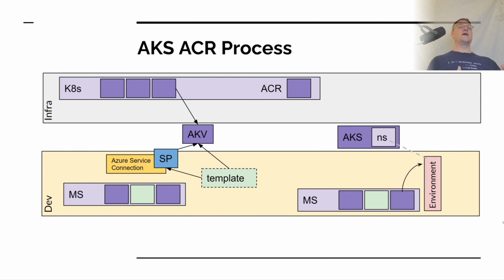So with the dev pipelines, the bottom half here, on the left-hand side, we'll see cases where my microservice will have a template step that uses a service principal. This is our Azure DevOps service principal. Ask for those variables from AKV, and then I'll set a kubeconfig environment variable and engage with it with standard kubectl commands. So now I'm engaging with my cluster using a file I brought down and decrypted out of Key